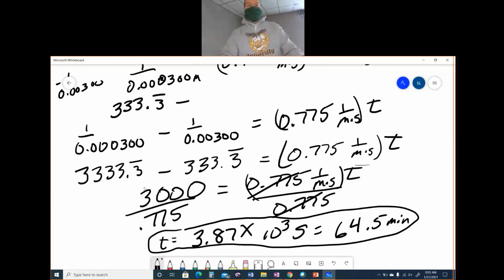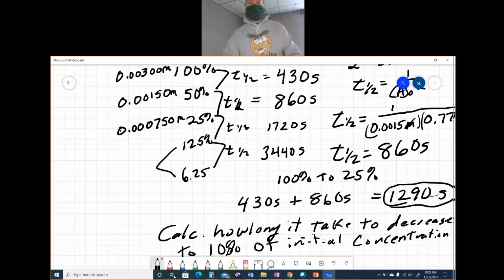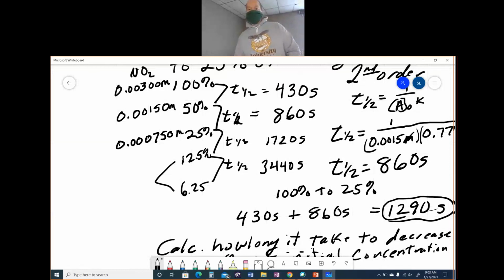All right, so when we estimated it up here, the 10% was going to be to add these three. When we added these three up, to go from here down to here, we're at 12.5%. But we're not going all the way down to 6.25%. When you add these three numbers, it comes up to about 3,000 seconds. And so it's got to be more than 3,000 seconds, but we're not going to add the next 3,000 to it because it's not 6.25, it's in here somewhere. And so you know that the answer is somewhere between 3,000 and 6,440, and so that confirms our answer of